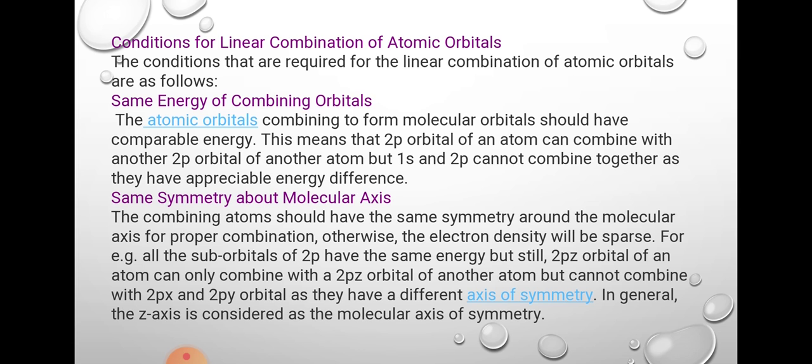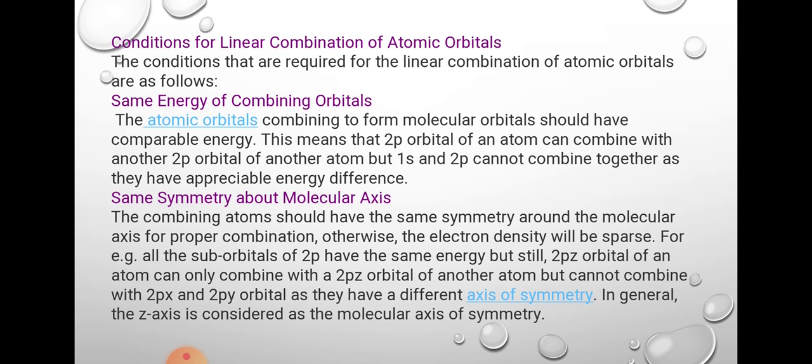Okay, next criteria is the combining orbitals must have the same symmetry about the molecular axis. The same means, by convention, z-axis is taken as the molecular axis. It is important to know that atomic orbitals of nearly equal energy do not combine if they do not have